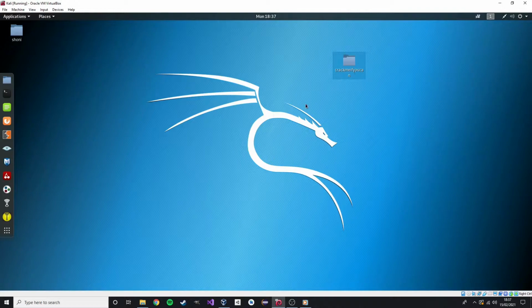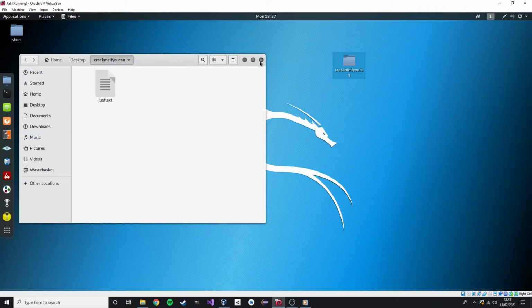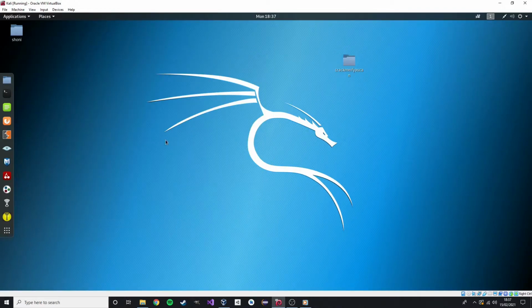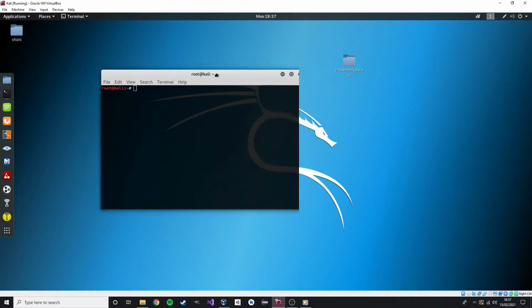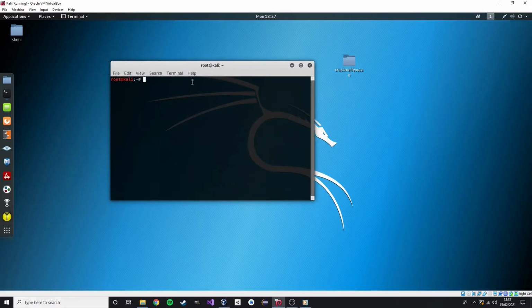Okay, nice. So now you can see inside our folder we have a text file and we're ready to create an encrypted RAR file. To do this, next you want to just open up your terminal, change your directory to your desktop. This is cd desktop, and then from this terminal you want to put zip -e, the name that you want to create your zip file using. I'll call it crackme.zip,